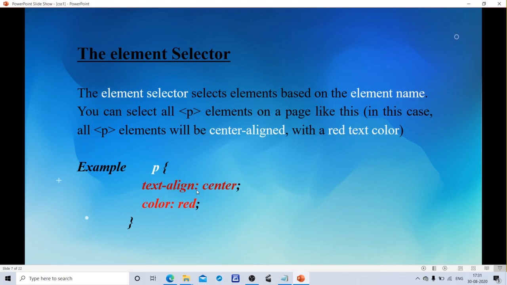Text alignment is the property name and center is the value. The next declaration statement is color, and the value is red. You can select all the P elements on this page. All elements will be aligned to the center and the color of the text in a P tag is red.